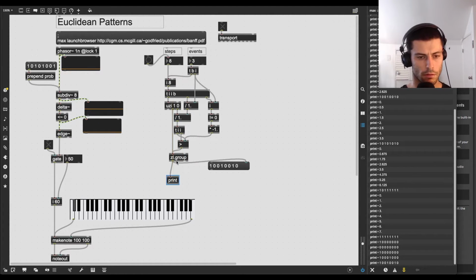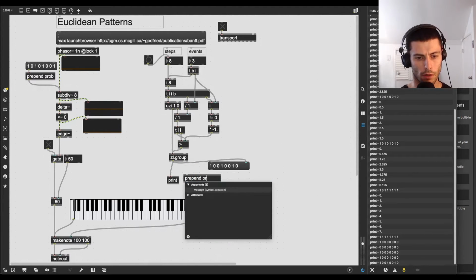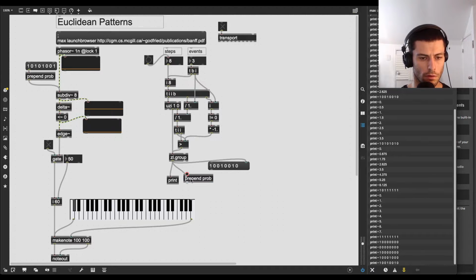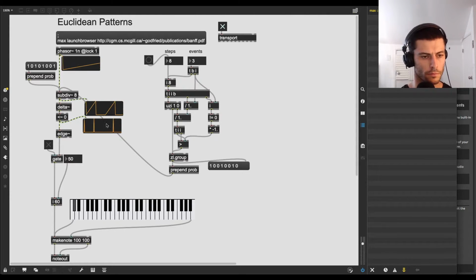So that's it. So if I do prepend prob, and I send it into my subdiv, and I run my transport, and I change. So we're getting